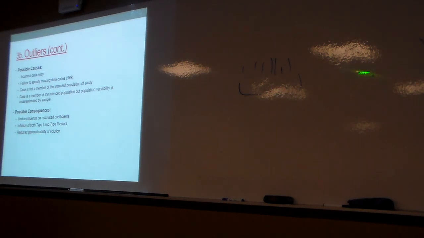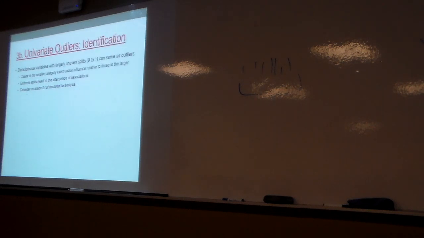What this is going to do is probably drag that way out there, and now all of a sudden my estimated average height of university students is way too big because I've got one person dragging it way out there, right? We can start to have inflation of both type 1 and type 2 errors, right? The likelihood of me claiming something's real when it's not goes up. The likelihood of me failing to identify something as real when it is goes up. You can start to have problems. And then we've got problems with generalizability, right? We've got a weird solution because we've got a weird case in there. And so now all of a sudden I have a model that doesn't actually map well on or fit to other types of things, okay?